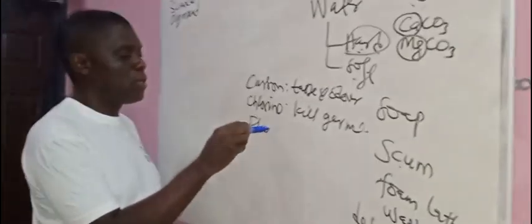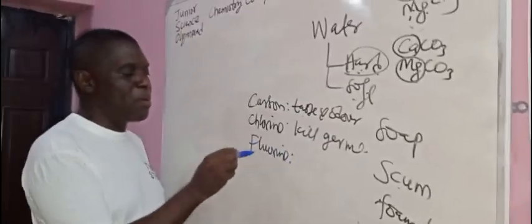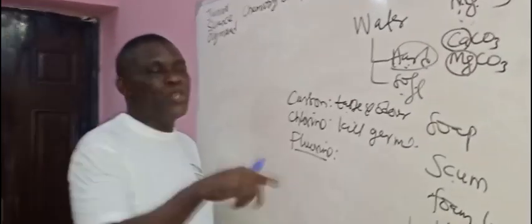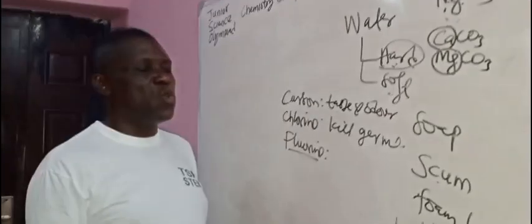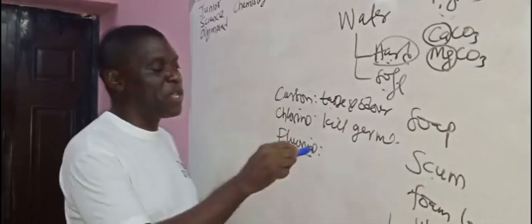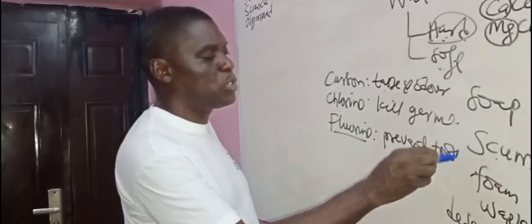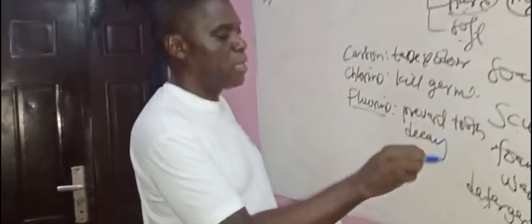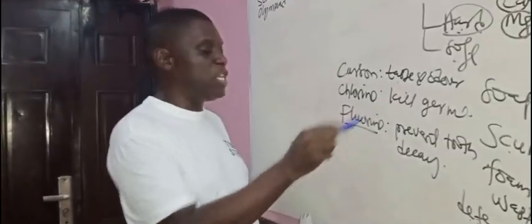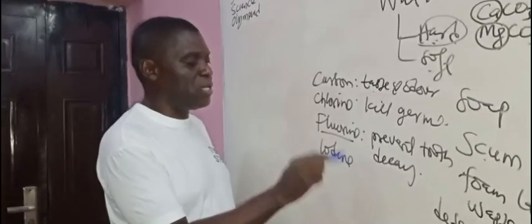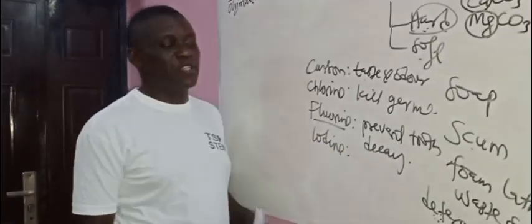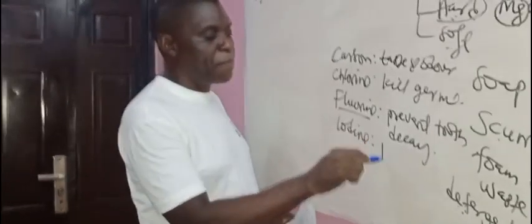Fluorine. Remember that fluorine is part of the composition of toothpaste that we use to brush our teeth. Why is fluorine in toothpaste? Why is it also used in the treatment of water? To prevent tooth decay. Then in the process called fluorination, iodine. Okay, in the process called iodination, to prevent